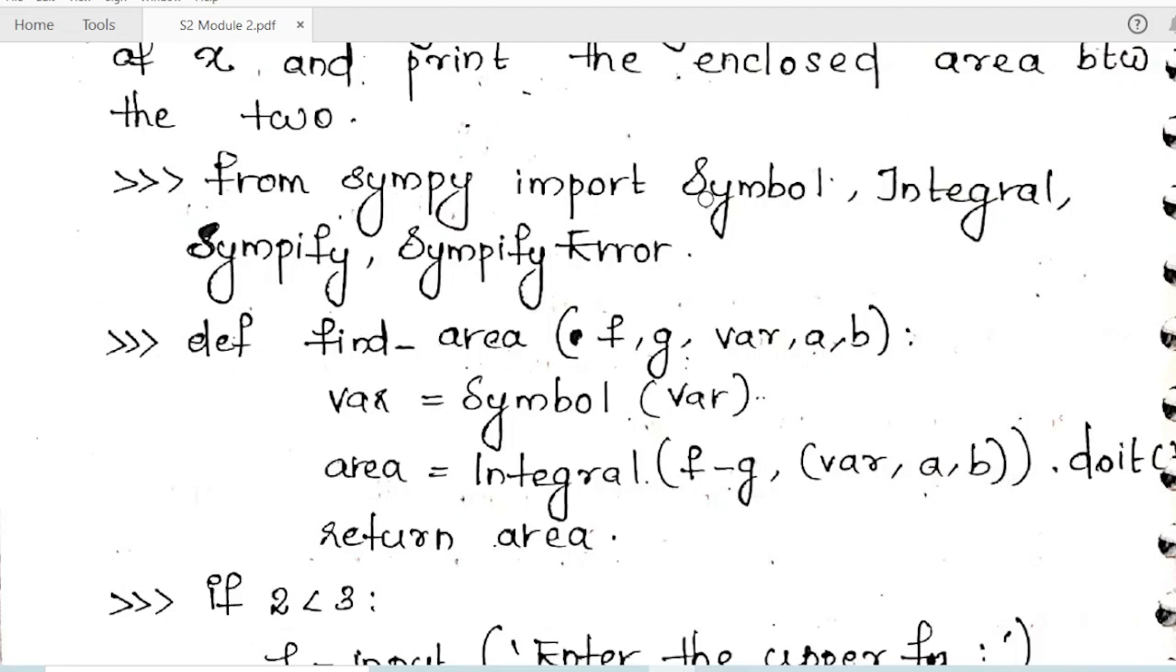From SymPy import symbols. Here we need to find the integration of the function, and then the difference of the functions. So to find the integration of the function, we will import integrate, and we also import simplify. Again, you have to remember that to import simplify,